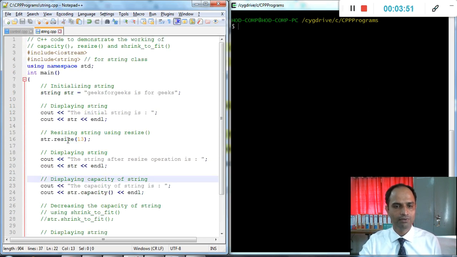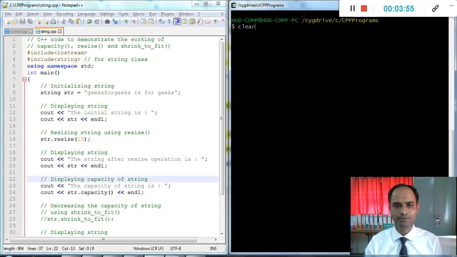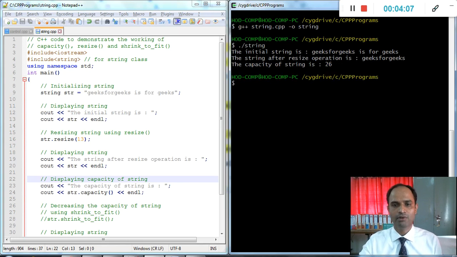Okay, now we will run this code and understand how exactly it works. GCC is the compilation process. Now it will run. What will be the output?